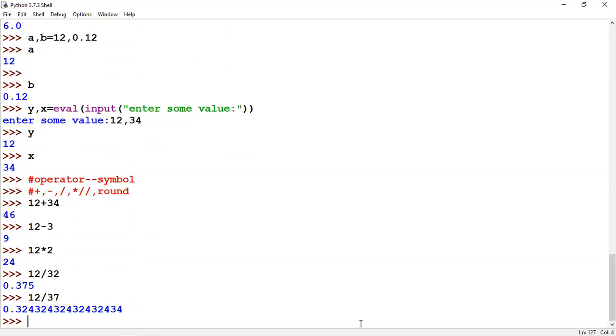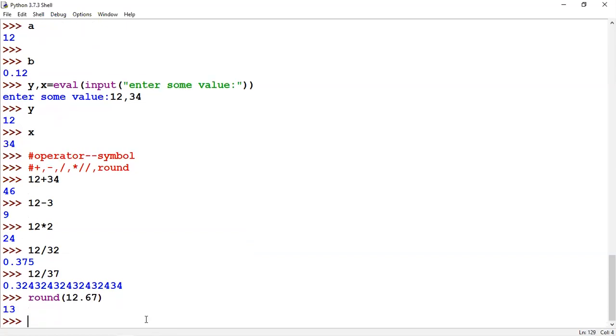Now I want to round it off. You guys know what round off is, right? Exactly. If it's 0.5 or more than 0.5, it will go to the next value. So now the answer is 30.